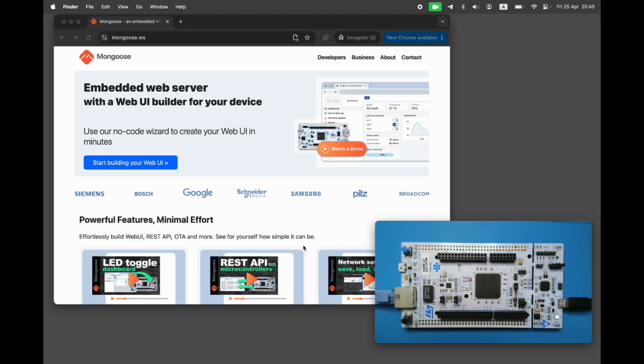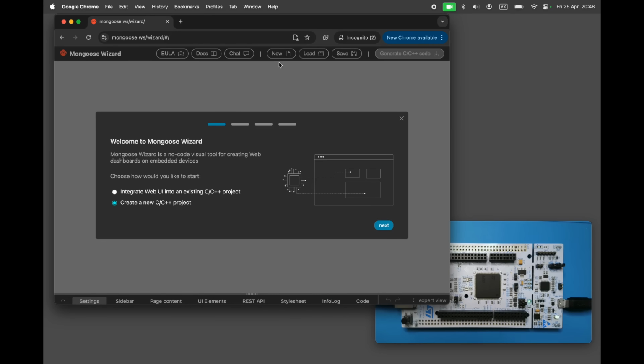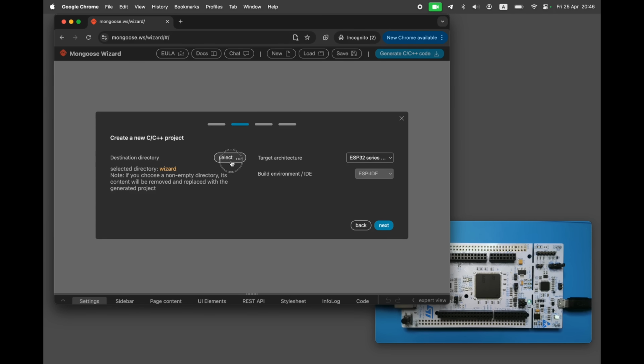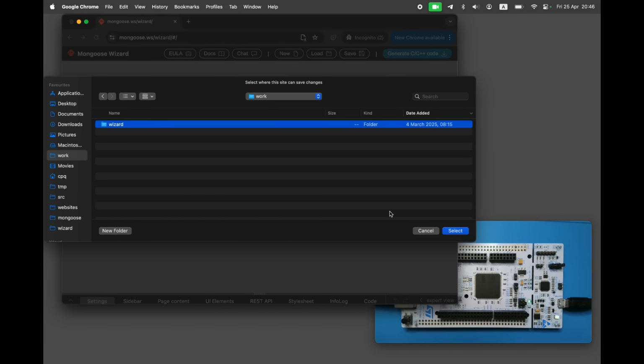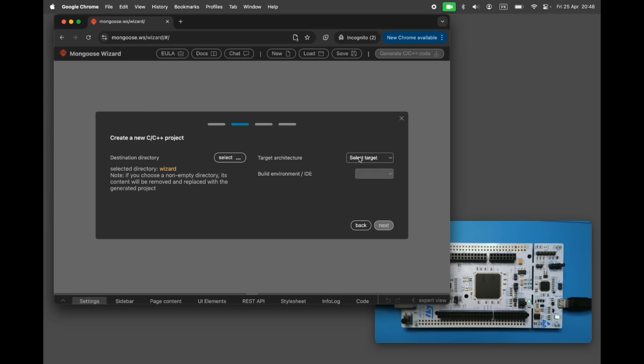Plug the board into your workstation, connect it to Ethernet, and visit mongoose.ws. Start a new design from scratch. If you don't see the startup dialog, click the New button. Select the target directory where the project will be generated. Then choose Target Architecture